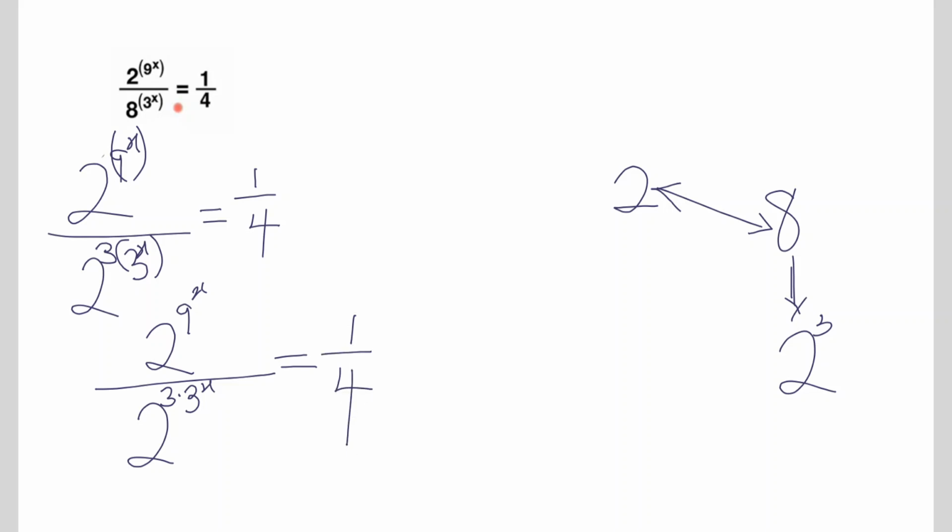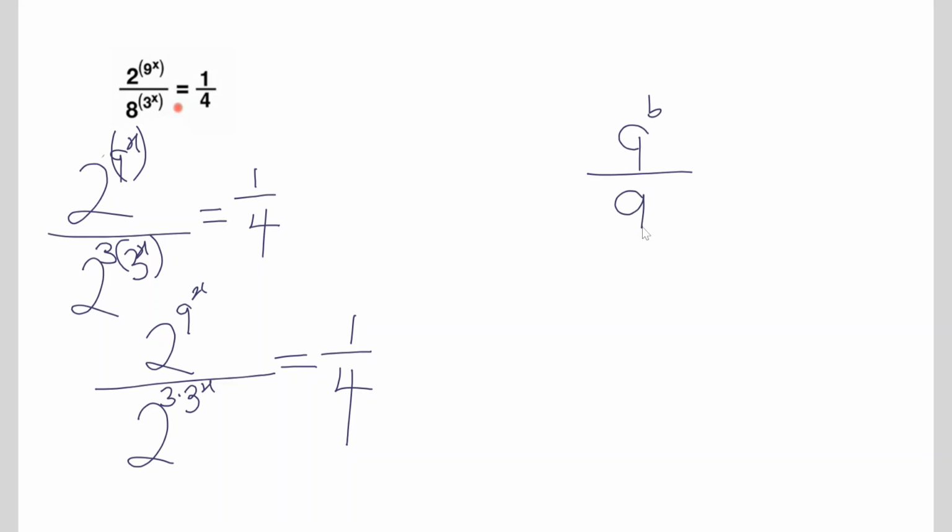And please don't forget another law of indices that says when we have a to the power of b over a raised to the power of c, that is when we are having the same base and there is division, we just need to subtract the power. In this case, we have 2 as a base, and at the same time, we have 2 as a base for the denominator. So, we are going to be applying this rule. Now, let's quickly put that into consideration. So, we have